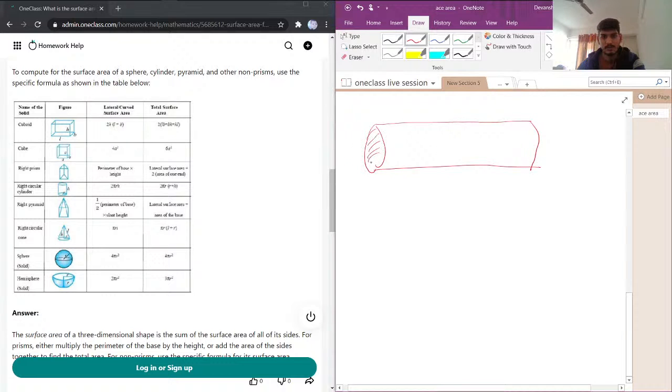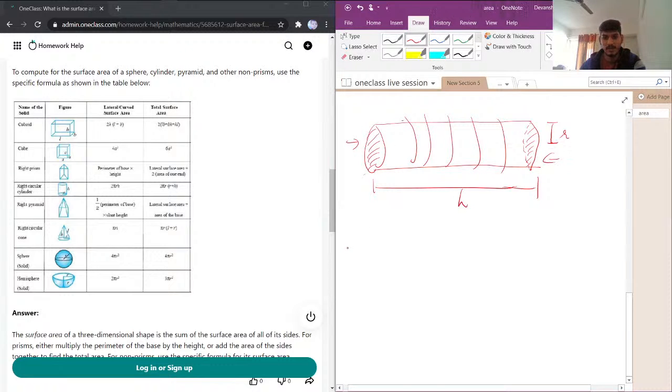Here we have a circular base and two circular faces, and this is the curved area of the cylinder. So let's say the height of this is the height of the cylinder, and this is the radius of the cylinder. Now first we have one circle, one more circle, so we have two circles. So for total surface area we have two circles